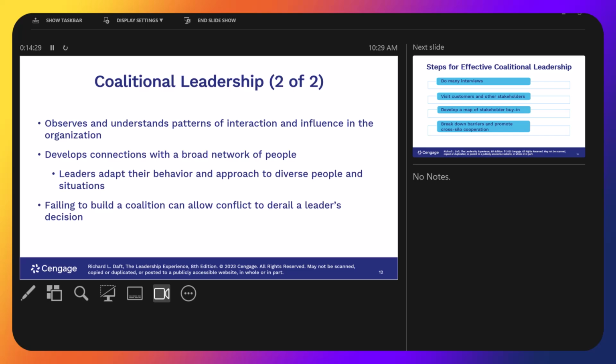And one of the things a coalition leader would say is, you would never hear him or her say "my." They will always use the word "we." We can do this. We are better than this. This is what I expect. We can do these things working together. They promote teamwork every chance they get.